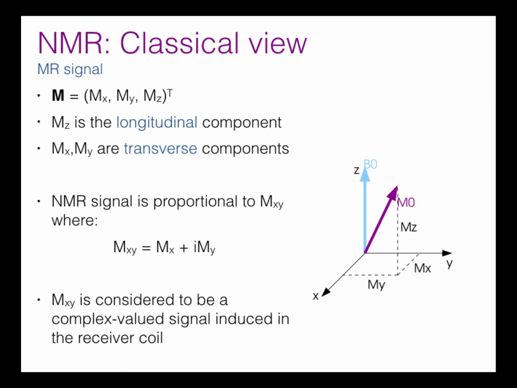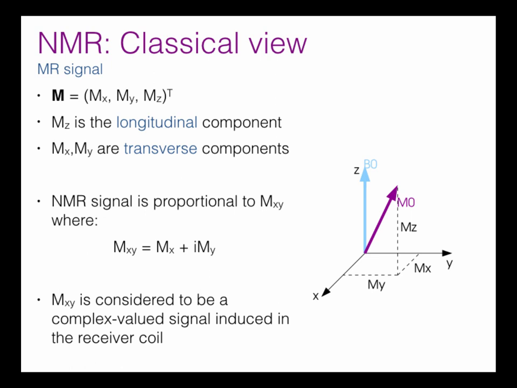And because it's spinning around and around, if we have a loop of wire somewhere nearby, that's like a spinning magnet and a loop of wire very close by. As the flux lines from that little vector m, and collectively across our whole sample, all those flux lines, are changing with respect to the loop of wire, we end up with an induced current in the loop of wire, proportional to the rate of change of